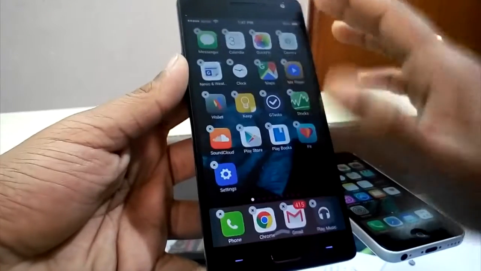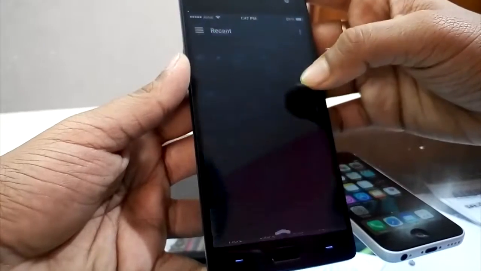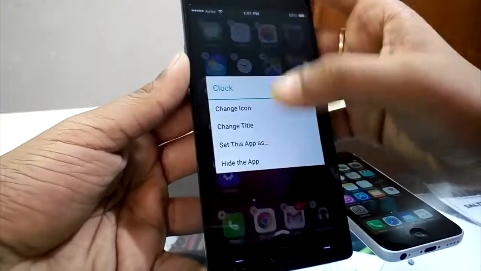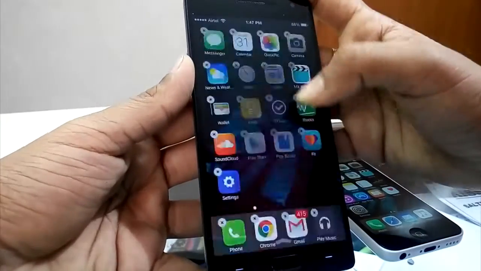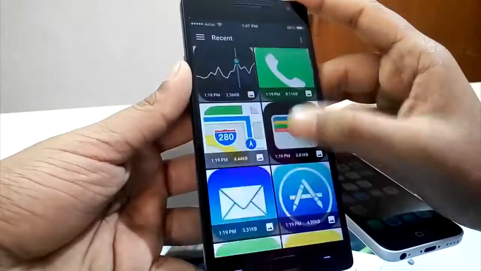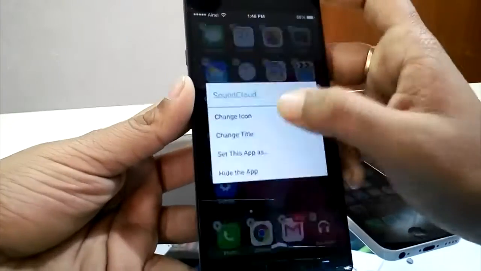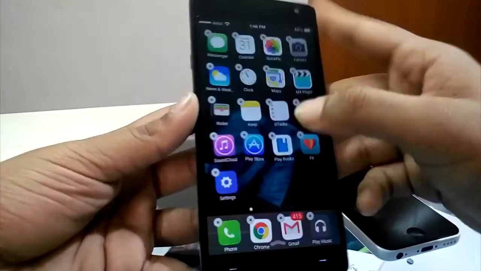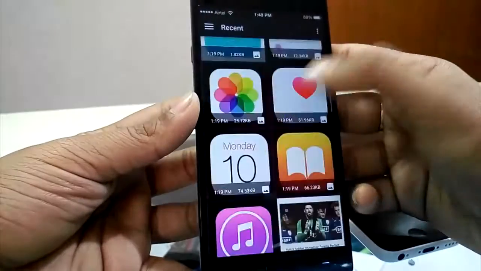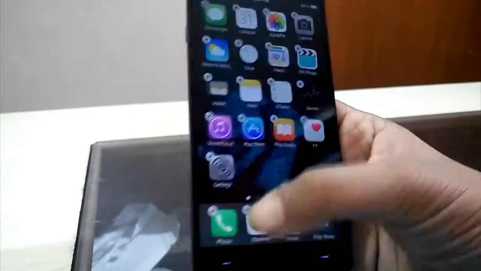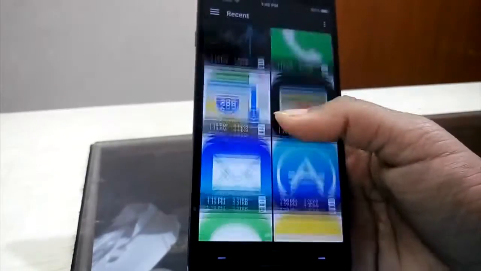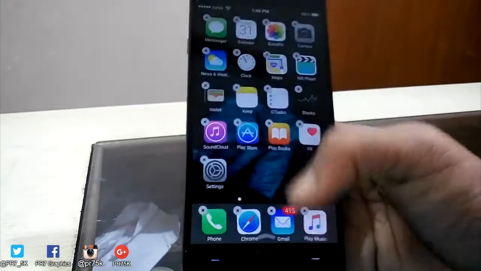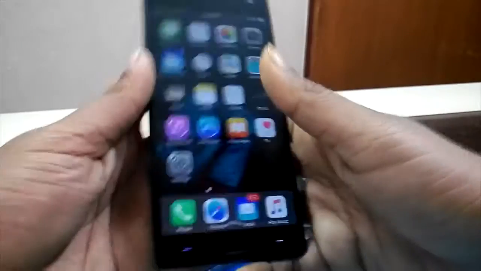I'll be setting it for all, same process, change icon, and I'll just fast forward this part. I'm doing this for the home page only, and you can do it for as many pages as you want. Just google them and you'll get as many icons as required. And by the way, if you see clearly, the apps are doing the Harlem Shake of the iPhone. Okay, this one is the last, Google Play Music to Apple Music. And that's it. It looks very much like the iPhone. Just for comparison, it looks very similar.